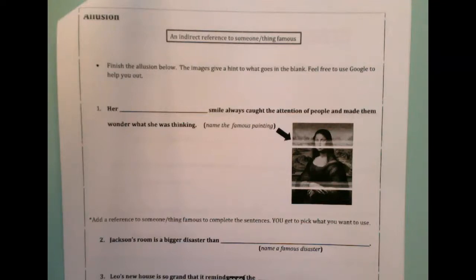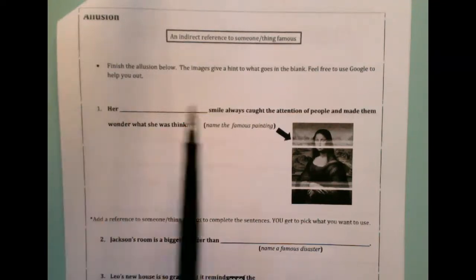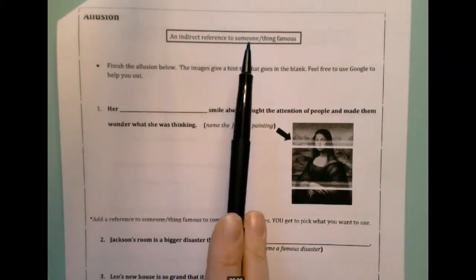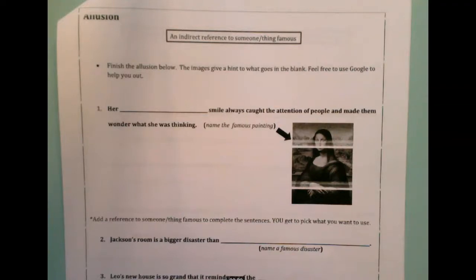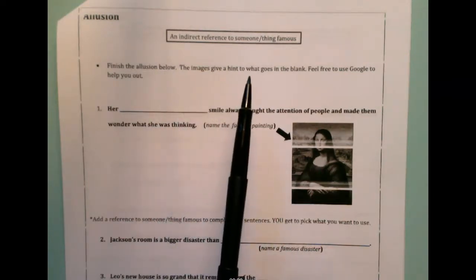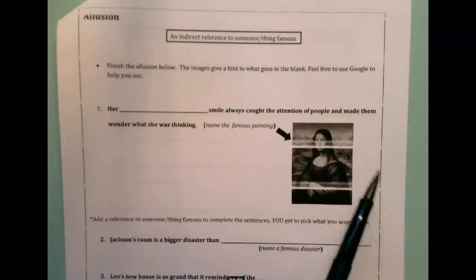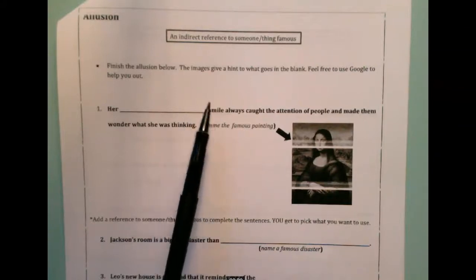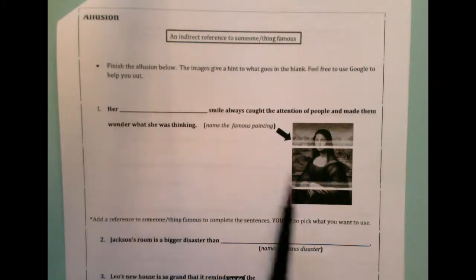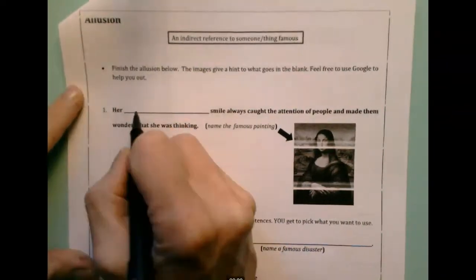On the second page, we have allusion, which is when we make an indirect reference to someone or something famous. We make these references when we are describing something else. So we've got some allusions here that we're going to finish. And I do give you a hint. You could use Google if you weren't certain about this, but since we're doing it together, I can help you out. But we're going to insert the name of this famous painting into the blank in order to finish this allusion. And this famous painting is the Mona Lisa,